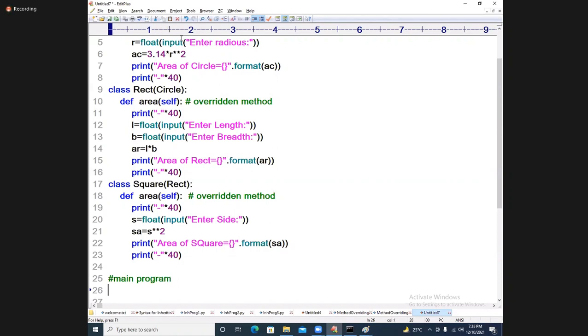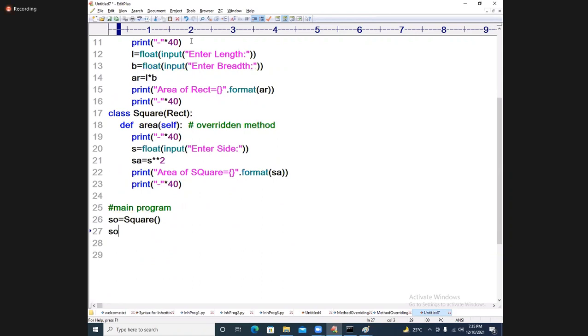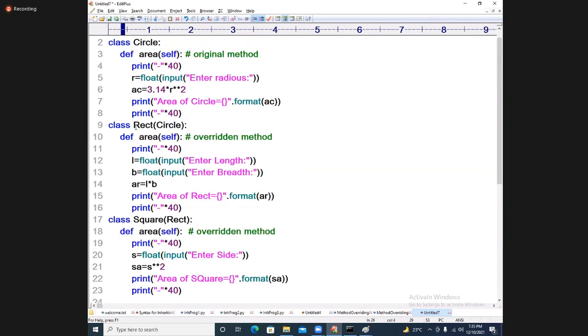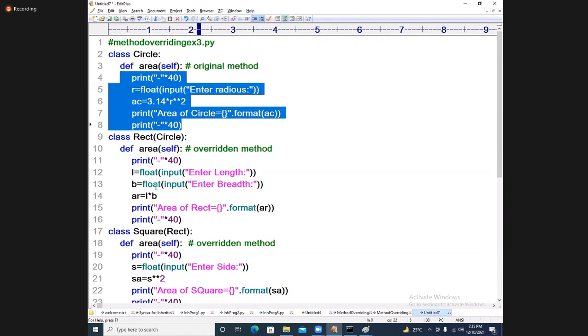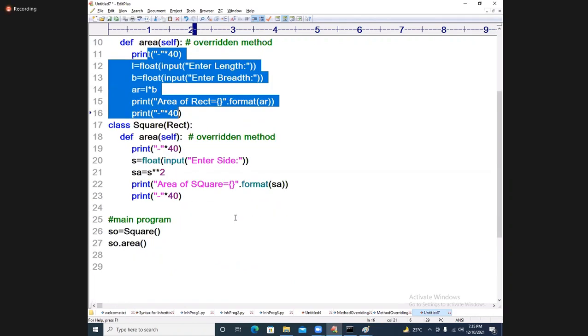SO is equal to square. I am writing SO dot area. The area function is called with respect to SO. SO is an object of square, so it goes to that area, the overridden method. This is the output you are getting. See how beautiful, same function, overridden.